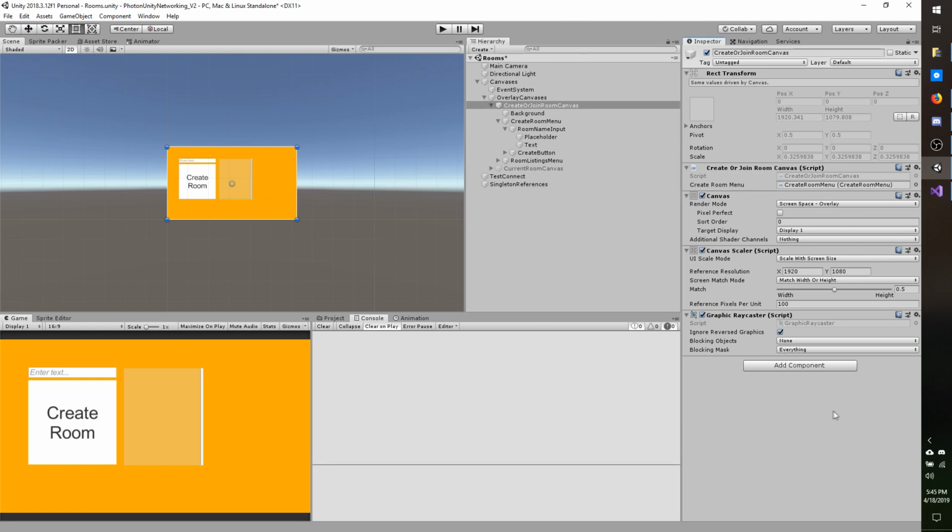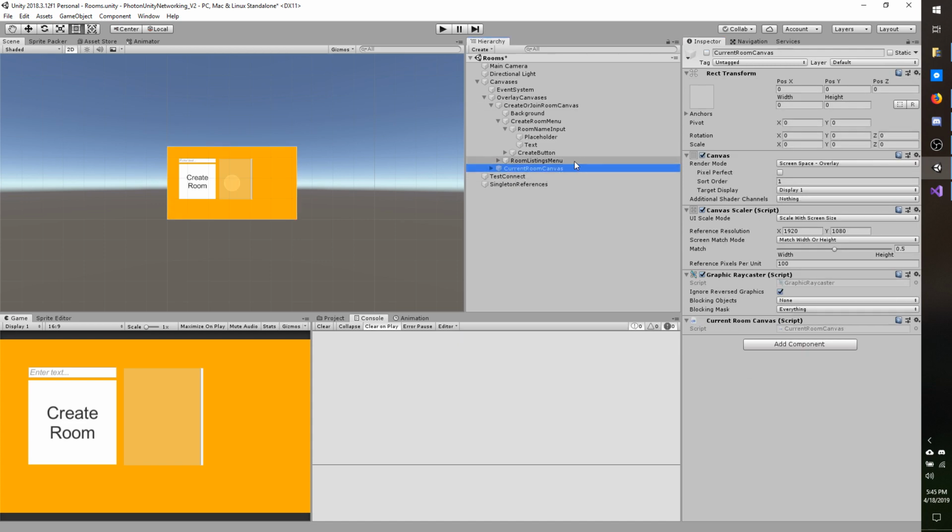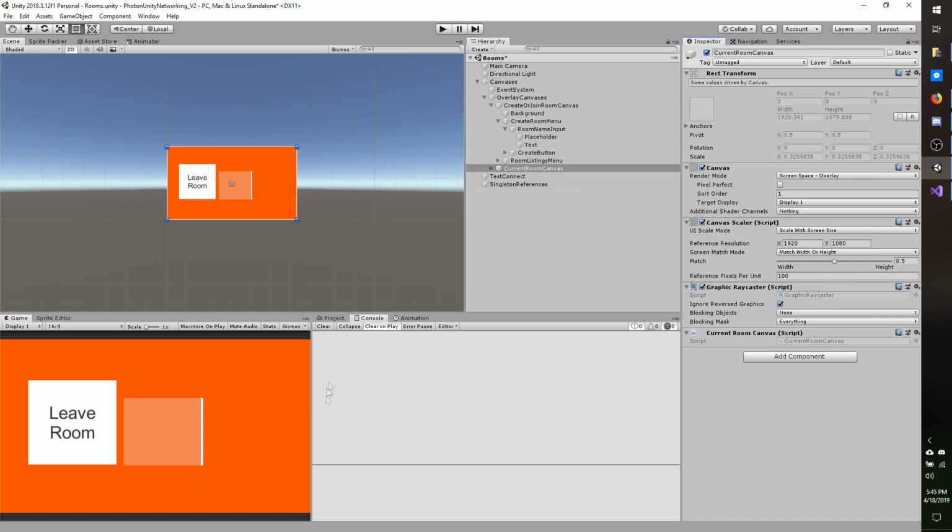To show players in the room, I need a prefab to show each player, and that requires making a few very minor changes to the current room canvas. So I'm going to go ahead and select the current room canvas in my hierarchy and then enable it. And I actually already have a prefab I can copy and use, and that's from the